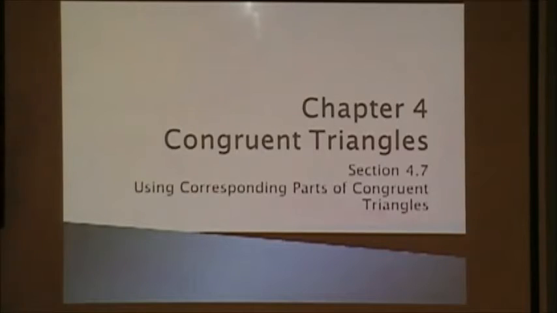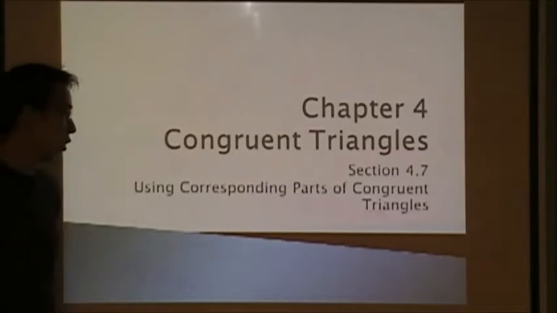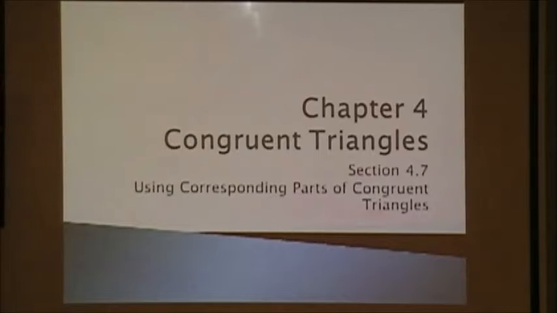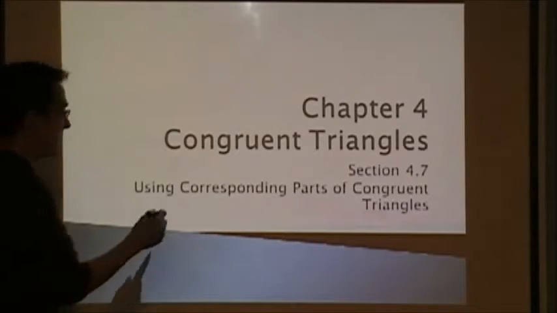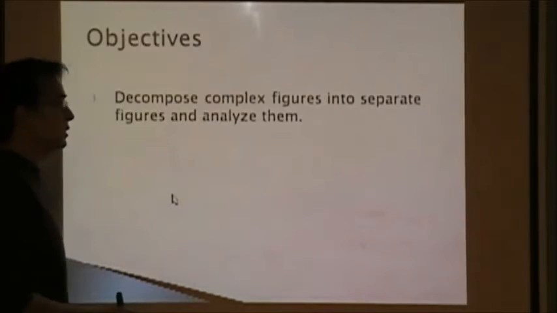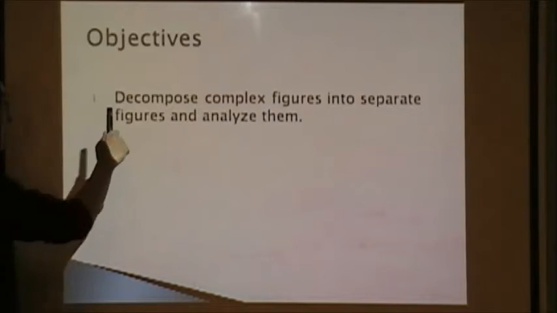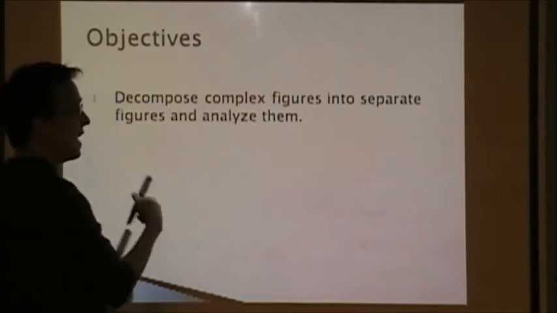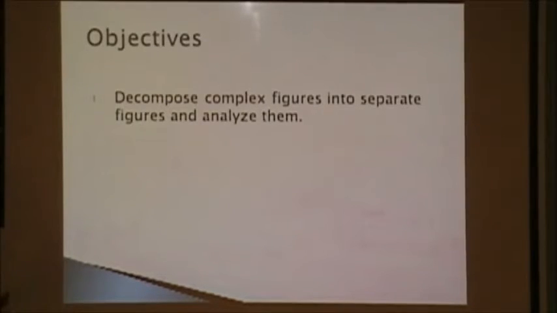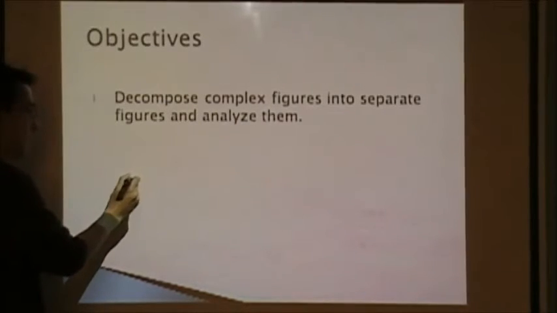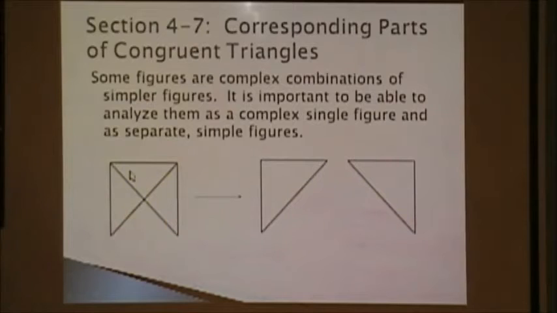You're going to wrap up Chapter 4, Congruent Triangles, by looking at corresponding parts of congruent triangles in Section 4.7. Really what we're going to do is look at shared pieces and complex figures. So what we're going to do is decompose complex figures into separate figures and then analyze them separately instead of together. It's a very visual skill, it's not a mathematical skill, but the idea is if I have something complex,